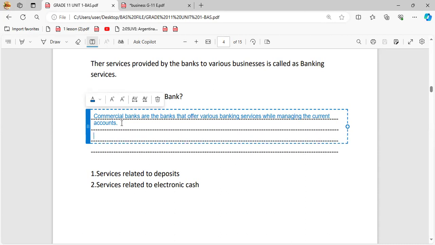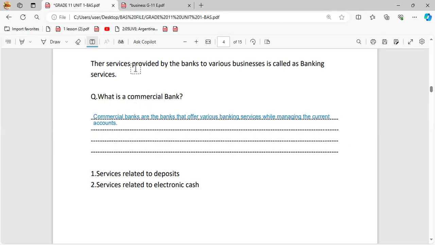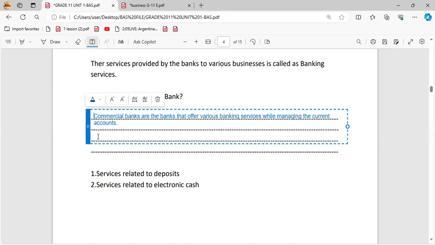And also later in A levels you will learn that for these commercial banks we give the name licensed commercial banks. What do you mean by licensed commercial? These banks must get a license from the Central Bank of Sri Lanka. There is a bank called CBSL, the Central Bank, which is the main bank in Sri Lanka. Before these commercial banks conduct their banking activities, they are supposed to get a license from the Central Bank of Sri Lanka.